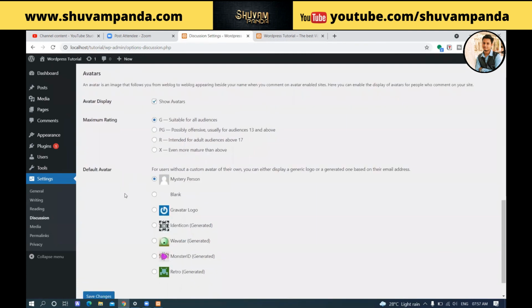Now avatar, what is an avatar? An avatar is a small image that is displayed on the top right hand corner. Here you can see that this is blank, so here you can set the avatar. It is your profile picture. Here you have a few more options available. If you want to show the avatar, check yes. Maximum rating of the avatar. What is maximum rating?